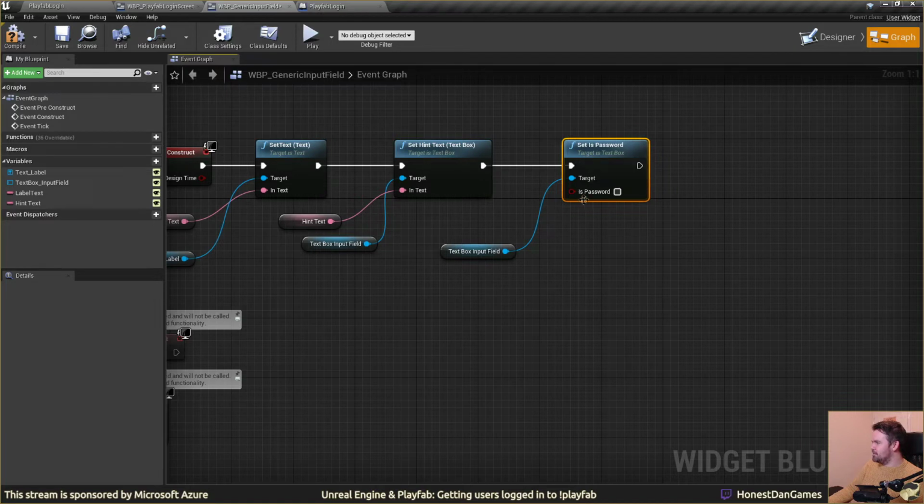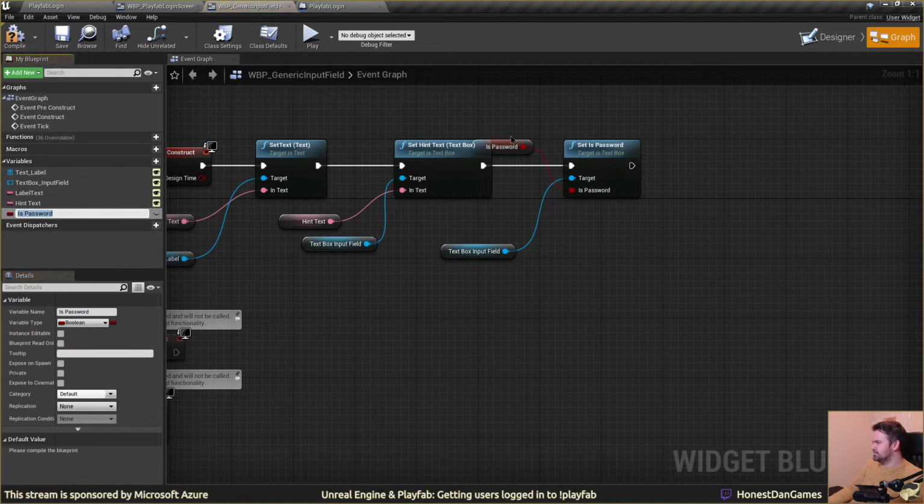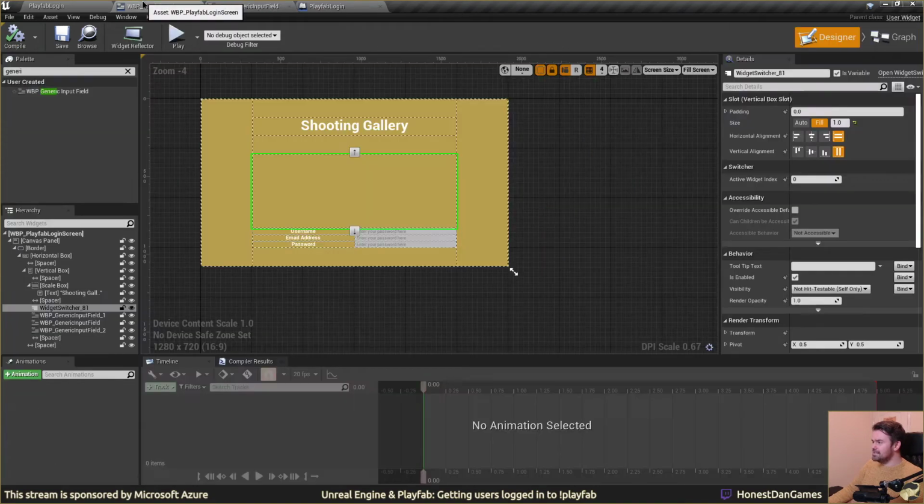And then we're going to promote this to a variable. And I'm going to use my new word. I'm going to say, call this should obfuscate. All right, I got it. I had to double check my spelling. I hate that word. Okay, so now by default it's false, but what it means is when we add these